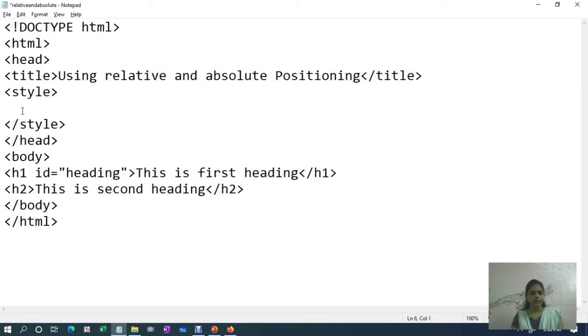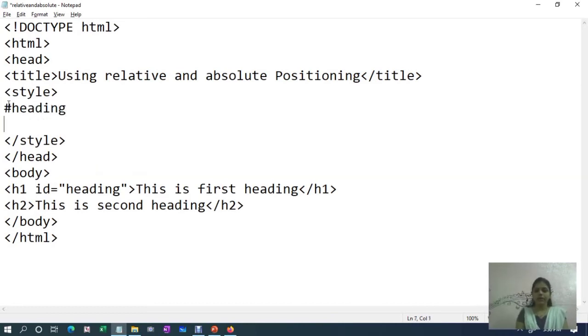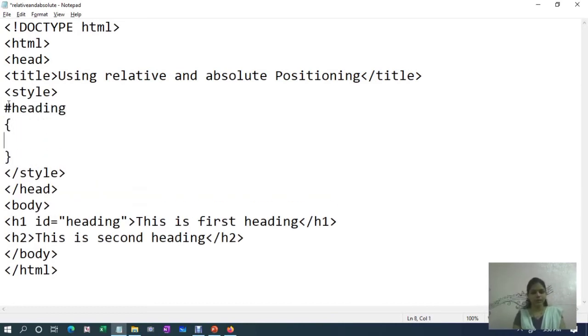Then here we have to use a symbol for id, is hash. So hash heading, and after that within a curly bracket open and close we have to use a property, that is position property. Position colon, we want to use relative property. So let us use relative.